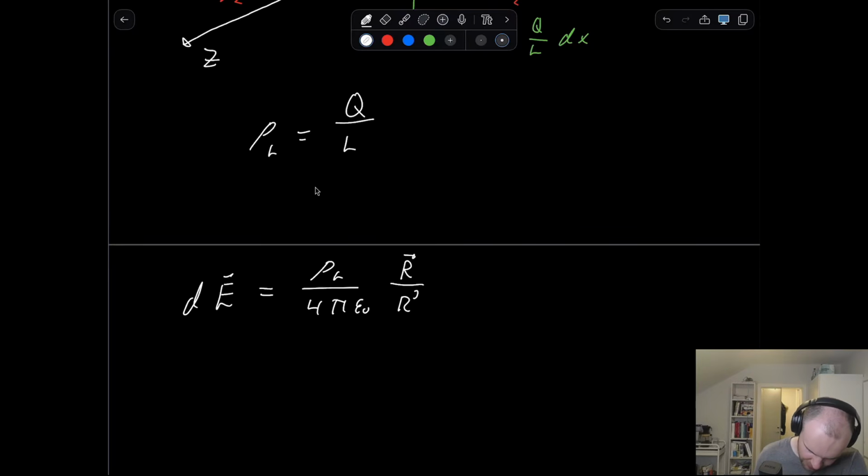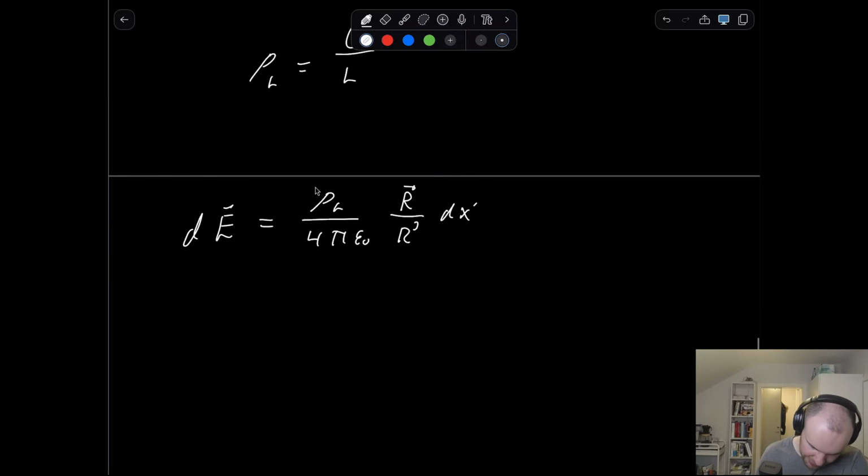And of course now, integrating over the line, we just have a small piece, and that's just dx, and we note that with that guy. Because we are integrating over x, right? We're not integrating over the position we have, which is just, of course, a y. So we have 4 pi epsilon 0. Then, of course, r